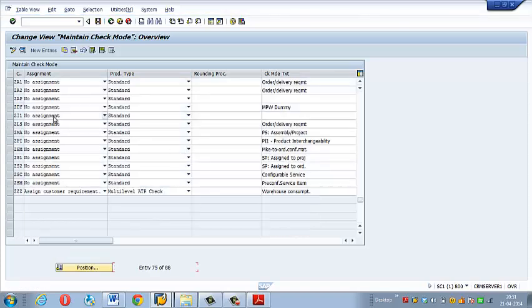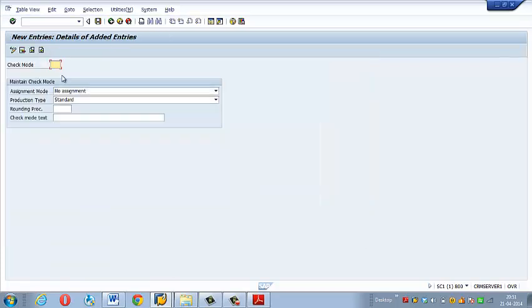Here you can see the details, and you can also maintain the check mode in APO. Go to new entries. For testing purpose, check mode TS, assignment mode no, production type standard, check mode text in diesel requirement,